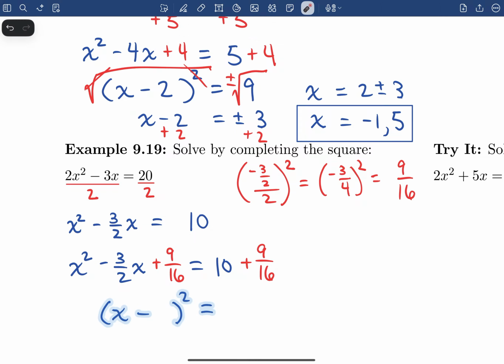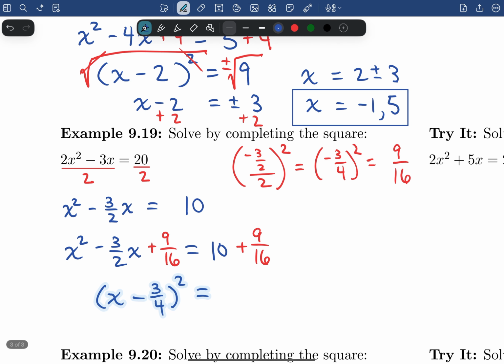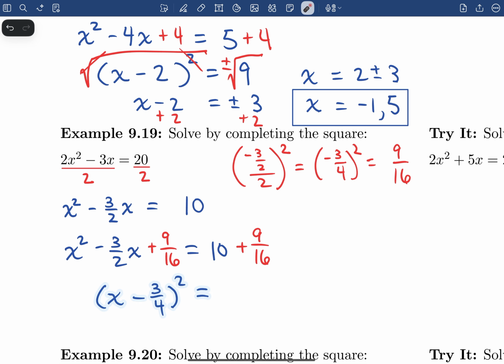Okay, and what is that thing that goes right here? Well, it's b divided by 2, right? This b divided by 2, and that is the negative 3/4. I already put the minus sign for the negative, and so I now put 3/4 here. Awesome. Well, next I'm going to add 10 plus 9/16, and I'll show you a cool way to get it done. See, 10 is